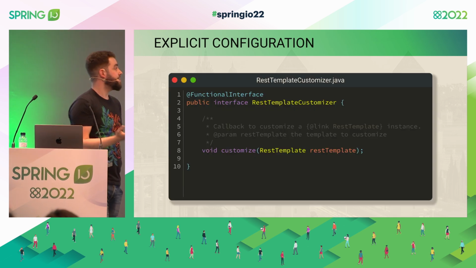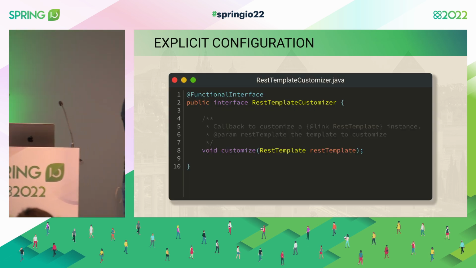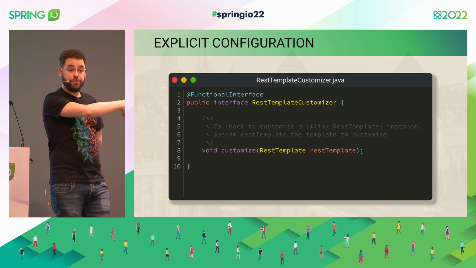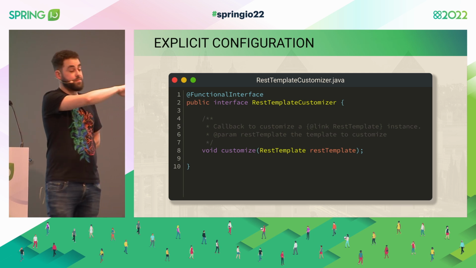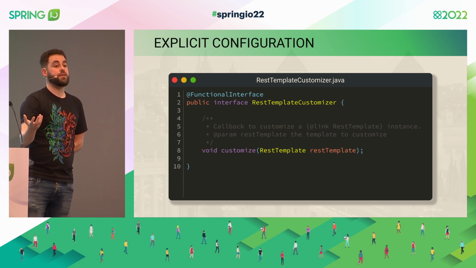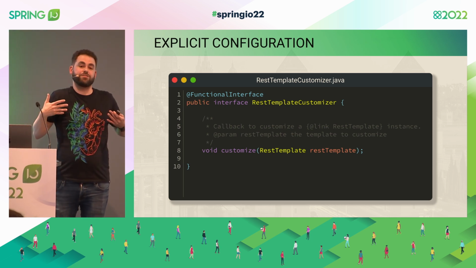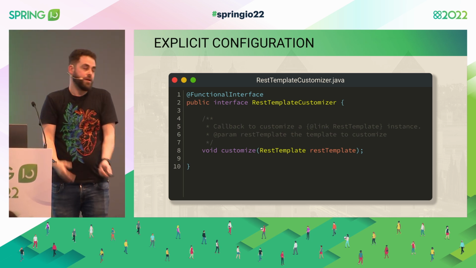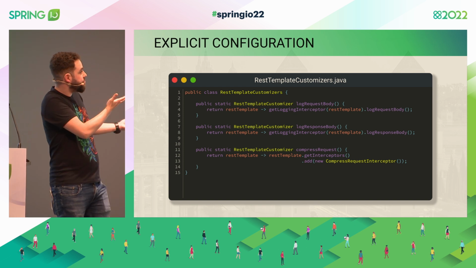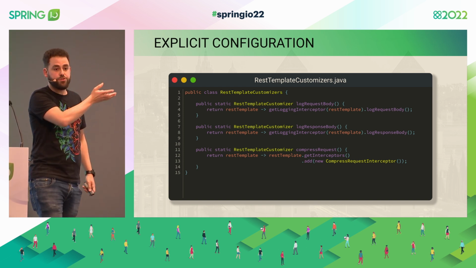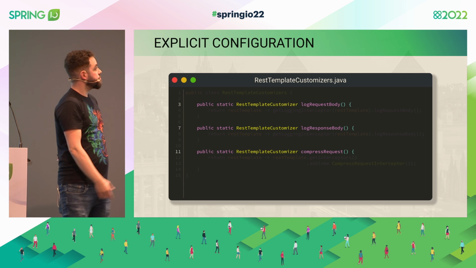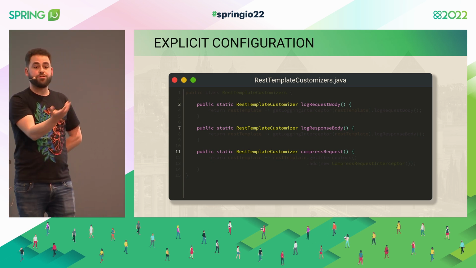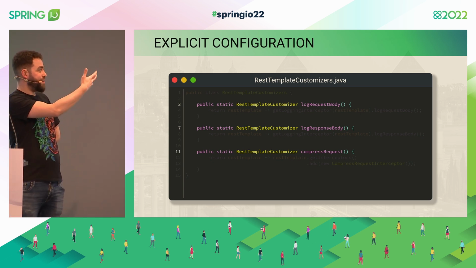We already saw this, right? In order to configure the clients, if we want to configure the REST template, for example, we have the RestTemplateCustomizer. What can we do here? There's no other way. Now, the applications will have to know exactly what they want to do. So what we can do is create this kind of static factory. So we create this RestTemplateCustomizers class, and we just return instances of RestTemplateCustomizer, and with very clear names.